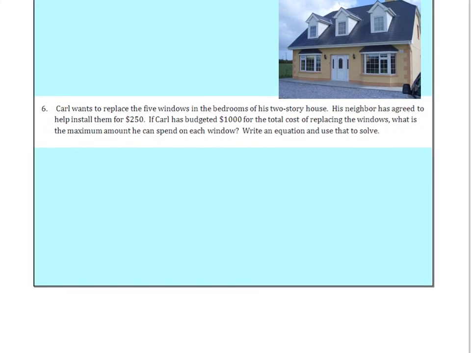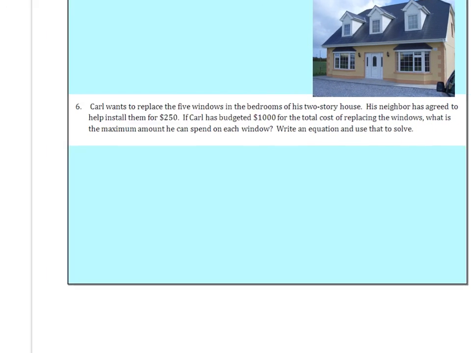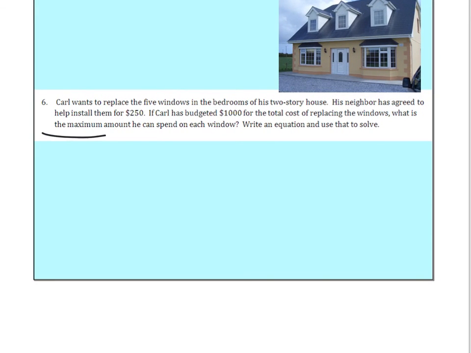So take a look, see what they want. What is the maximum that he can spend on each window? So let's figure out what's going on. Carl wants to replace 5 windows in the bedroom of his 2-story house. His neighbors agreed to help install for $250. He's only got $1,000 to replace all the windows. What is the maximum amount he can spend on each window? So if C is the cost of each window,